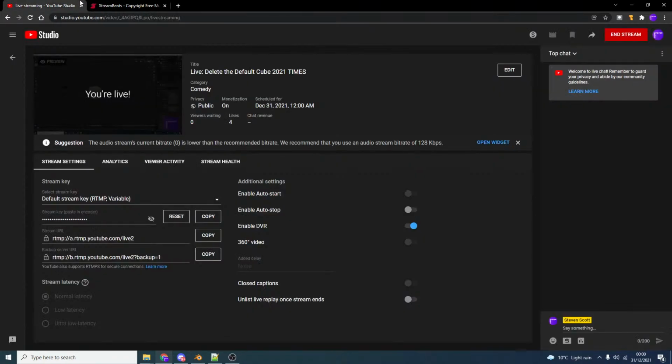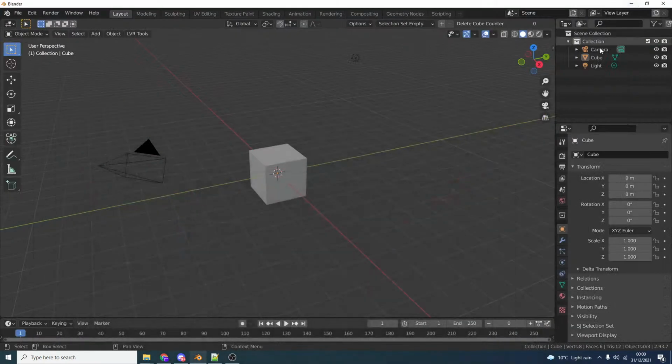What the hell is this node-based thing? Steve's about to delete 2,000 default cubes. What the hell is this node-based thing you've got there? Is this your